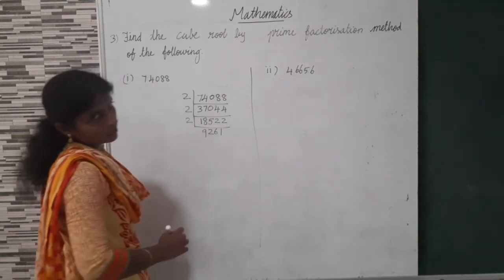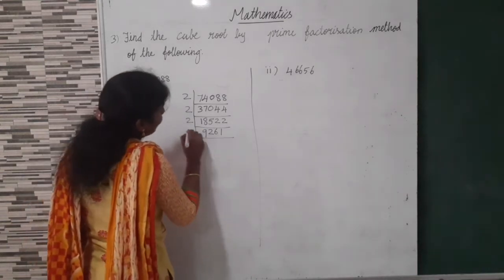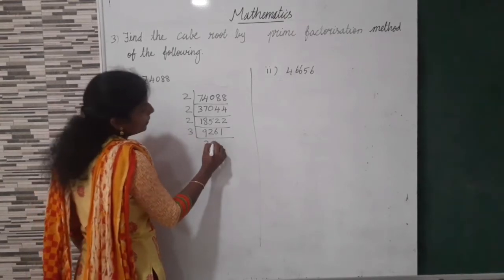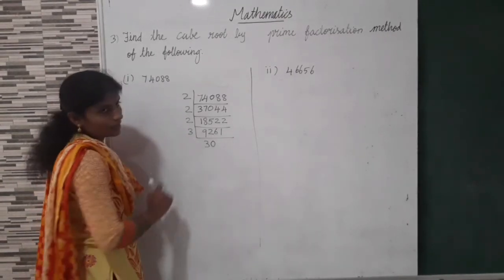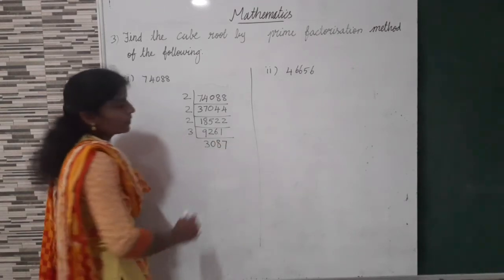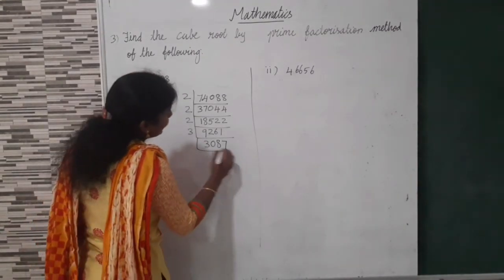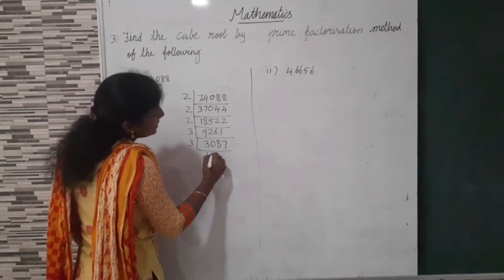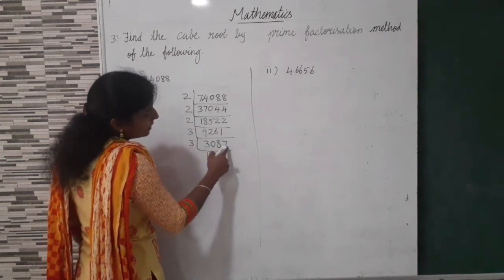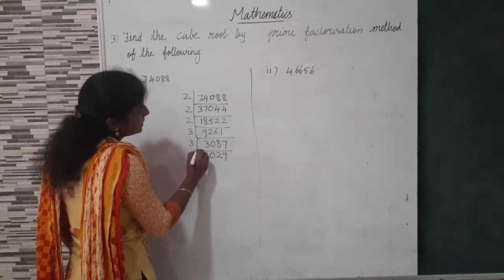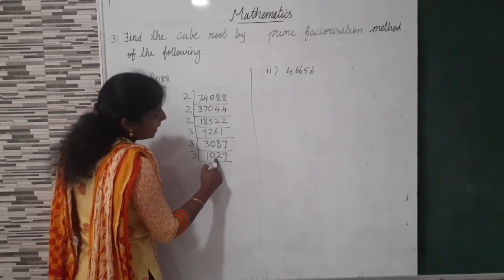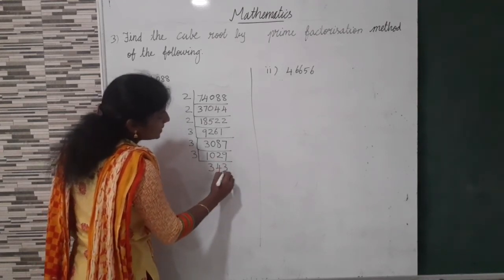1 2 is 2. Now we can take 3 table. 3 3s are 9. Here 2 is not in 3 table. So we can put 1 0. Now we can take together 26. 8 3s are 24. 2 balance 21. 7 3s are 21. Now we can take again 3 table. 1 3 is 3. 1 3 is 3. Then 0. 2 3s are 6. 27. 9 3s are 27. Now we can take 3 table. 3 3s are 9. 1 balance, 4 3s are 12, 3 3s are 9.